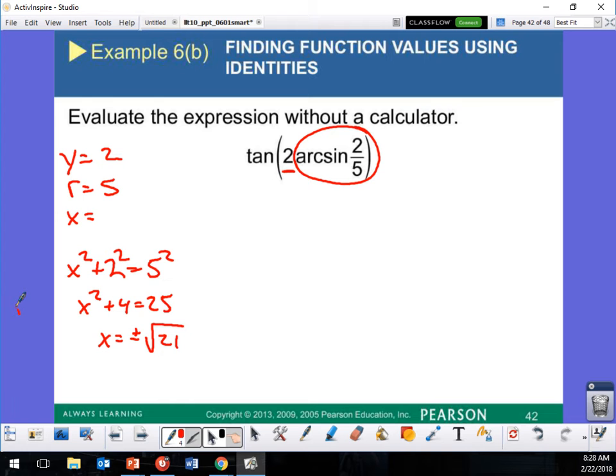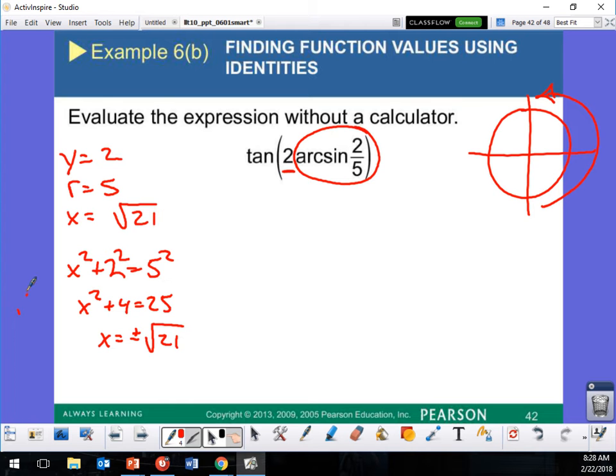Now, again, with the restrictions of my sine. Sine has a restriction from here to here, right? My y value is positive. Which one of these has y value being positive? Quadrant 1. So therefore, x values in quadrant 1 have to be positive. So this is a positive